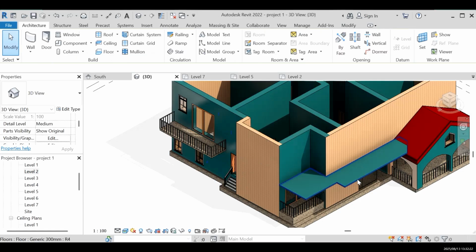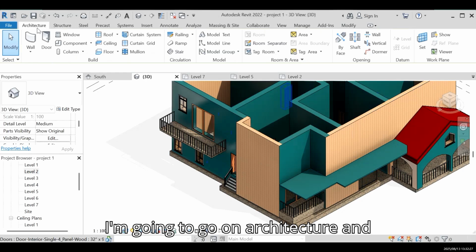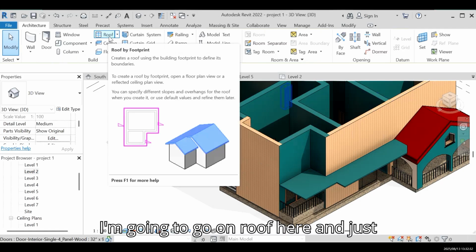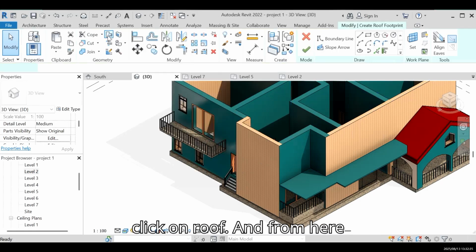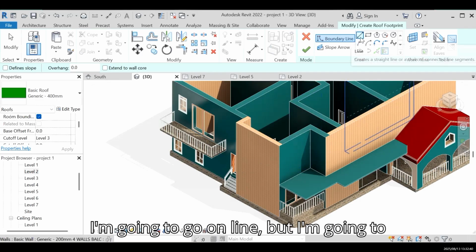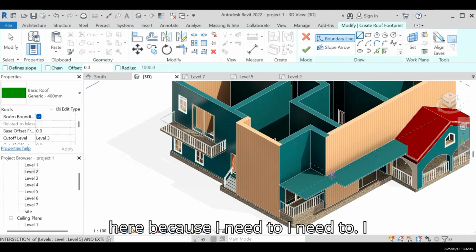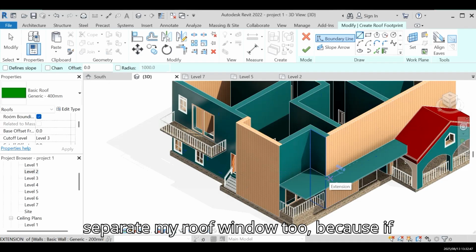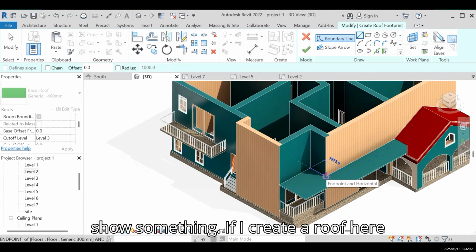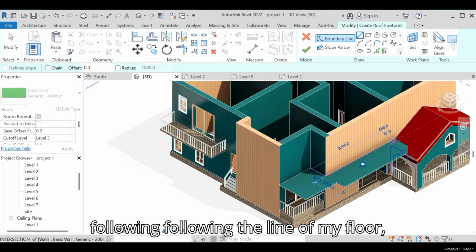Okay, so this is my floor again. As I said, I'm going to go on architecture, and under architecture, go on roof. You just click on roof, and from here, I'm going to use a contour line. I'm going to go on line. I'm going to start from here because I need to separate my roof into two. Because let's say if I create a roof here, I'm going to show something. If I create a roof here, following the line of my floor,